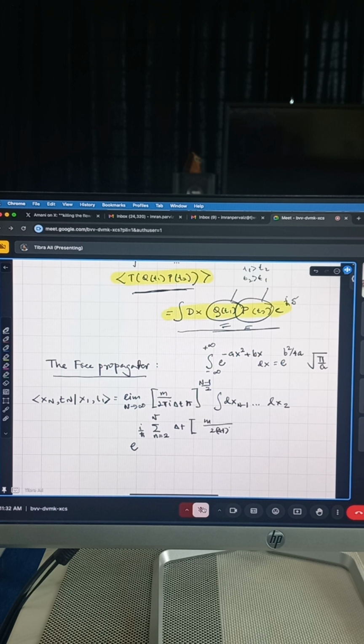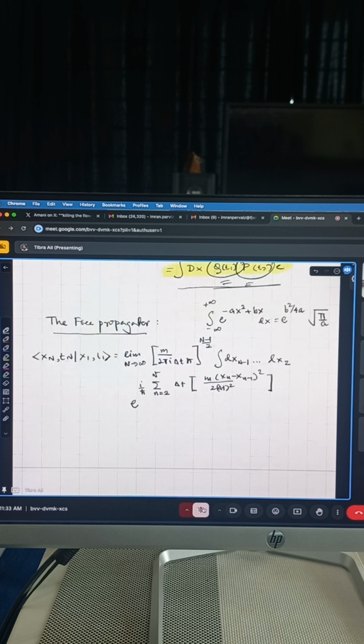So to simplify life, let us introduce a new variable, which I call yn. So yn is just xn, but rescaled by a time-dependent factor. We are fixing n for the moment, so we are not worried about taking delta t to 0. So this is yn. So if I do this, then, let me just call this k. This guy becomes,